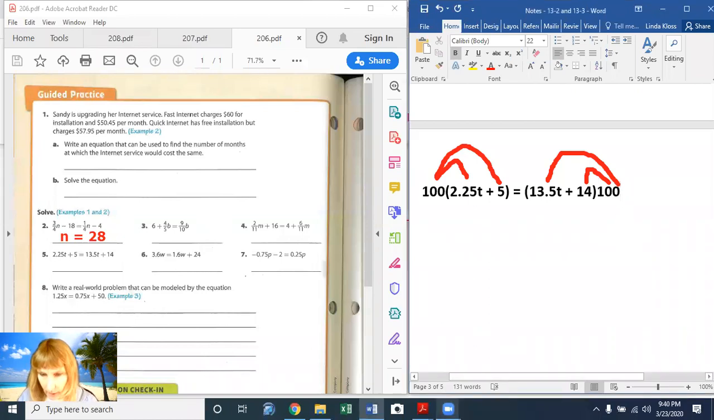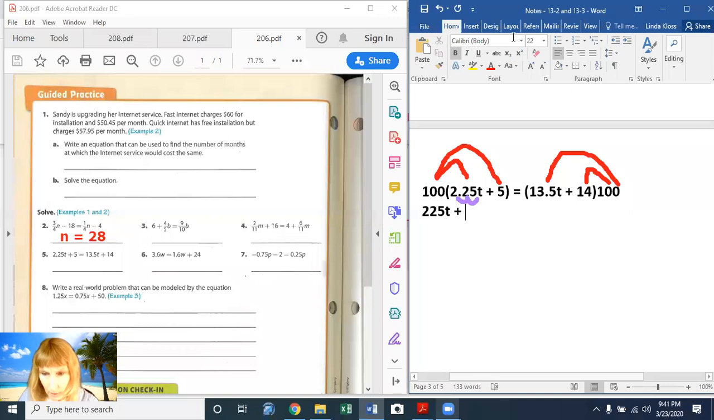So now let's do that. So 100 times 2.25. Remember, when you multiply by a decimal, by 100 or a multiple of 10, you move the decimal the number of zeros you have in the multiple of 10. So in the number 100, we have 2 zeros. So we're going to move our decimal 2 to the right, and that would give us 225t plus